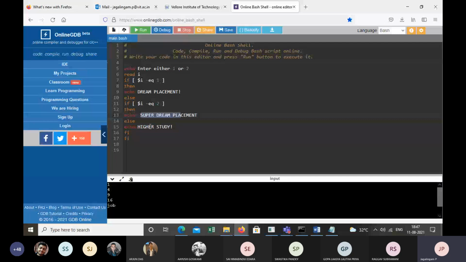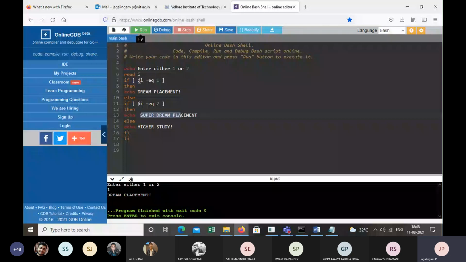So let's say that if you enter 1, then it prints dream placement because in line 7, the value of I is 1, so 1 is equal to 1. Therefore, line 9 is printed on the screen. Let us go for another test case. If I enter 2, then the value of I is 2 now. Then the line 11 condition is true.